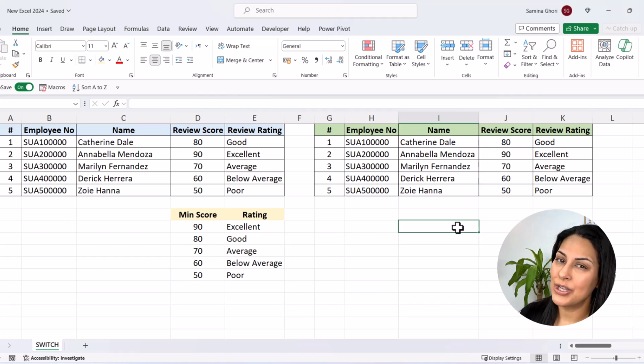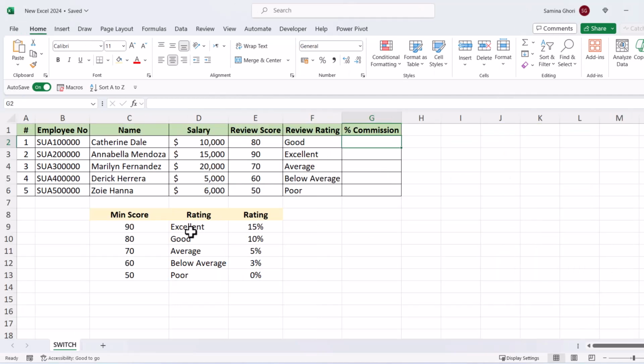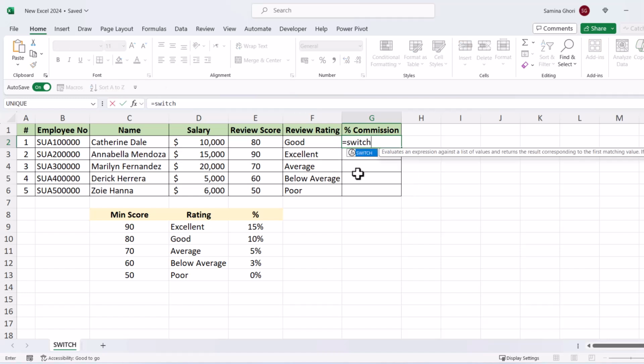Now let's see some use cases of how we can have this in our day-to-day examples. Let's have a look at different commission structures. If you have different review ratings, you may want to have a different percentage of commission that you want to give to each of your employees. So let's try the switch formula here. Type in switch, and we're going to go to good. We can either go to the review rating or the score rating, but if you prefer, let's go to good. Now we're going to switch the good with